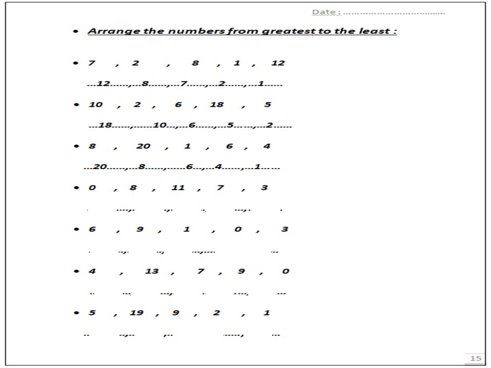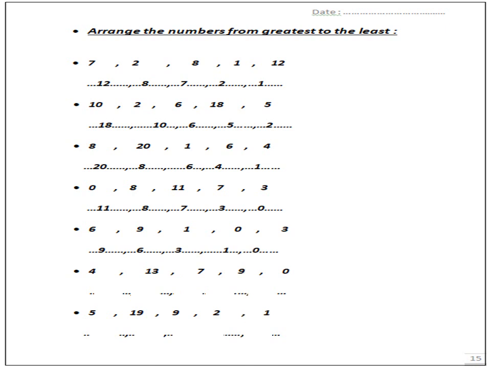0, 8, 11, 7 and 3. So the biggest number here will be 11, after 11 8, and after 8 7, and after 7 3, and after 3 0. 6, 9, 1, 0, 3. The biggest number here, 9, and after 9 6, and after 6 3, and after 3 1, and after 1